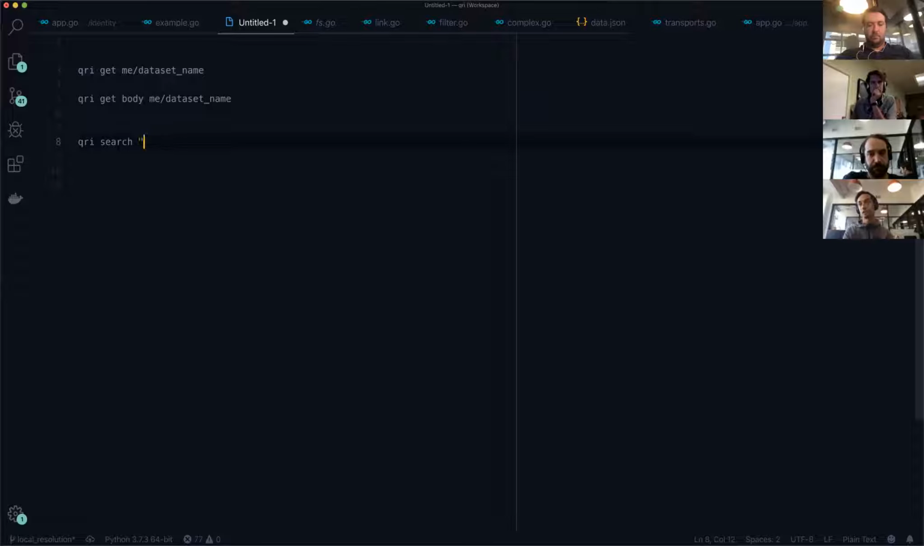Currently you can just do a query search for population, and this will give you a list of datasets that have population in their index. Wouldn't it be neat if, since the return value of this is actually under the hood an array of datasets, there's dataset 0 and dataset 1 in there, I could do query search population filter body, and that would just give me the body